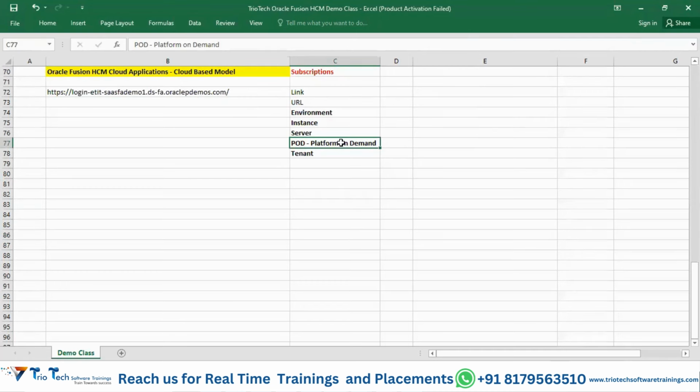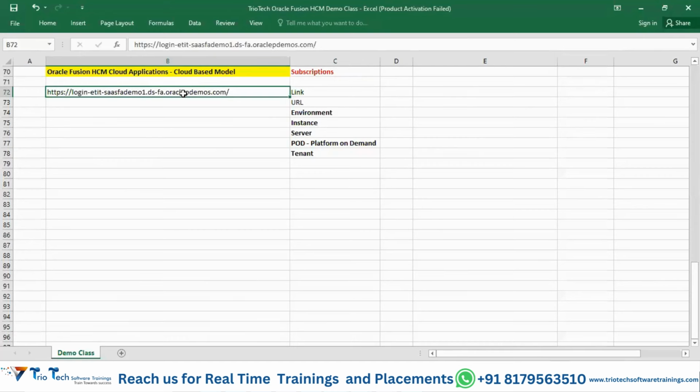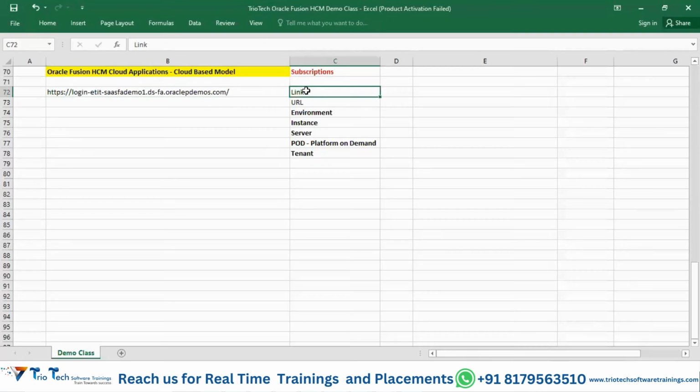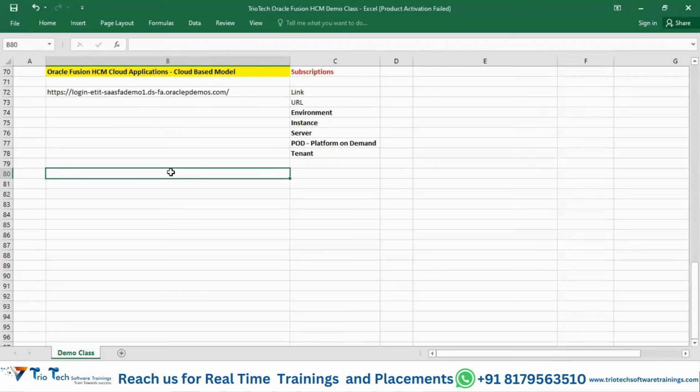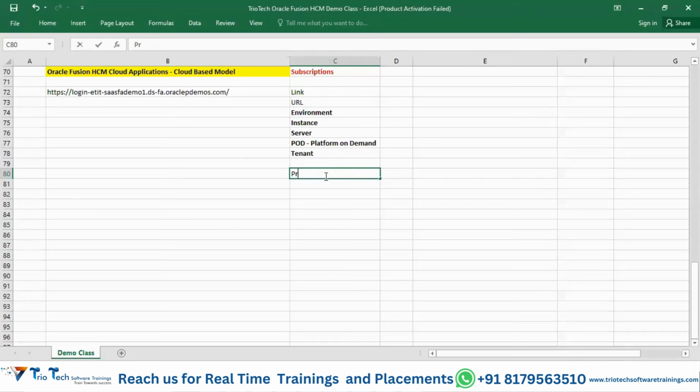So POD means platform on demand. What they're paying, they are getting that. So these are the different names that you will be calling the Fusion applications team. Okay. Further team, once you enter into the project, you will be hearing different names, something like a production environment,